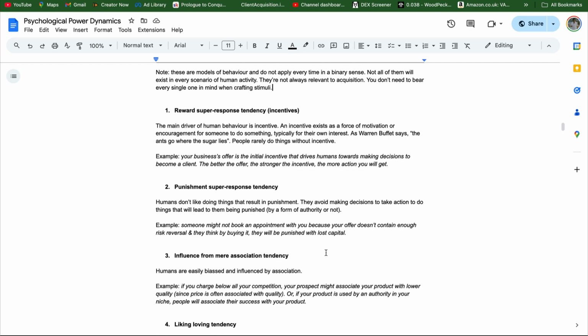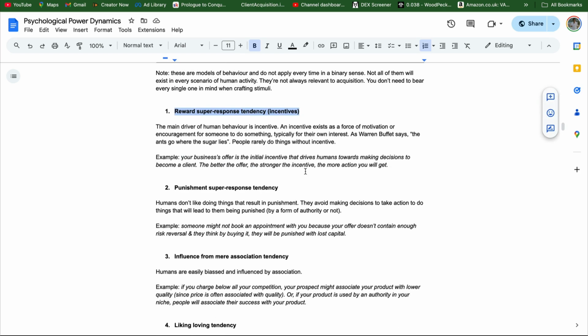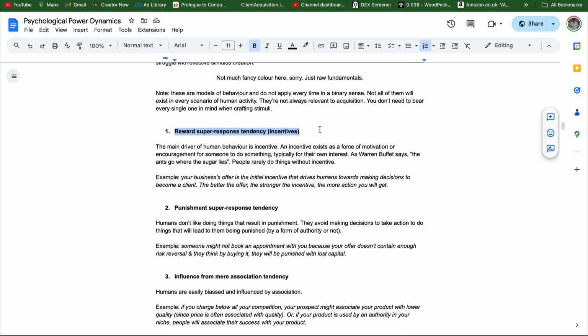It's just going to be too much. You could literally create an effective stimulus just by having this heuristic and nothing else, right? So don't think of it as I need to combine them all to make the most effective ones. You just need to understand them, and then you'll start to realize, when you see an ad, or maybe you review my ads or content, oh okay, you used 7 different heuristics in this. This is really good, and then you'll start to realize, right? So the first